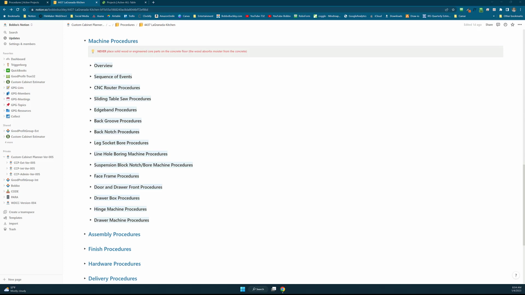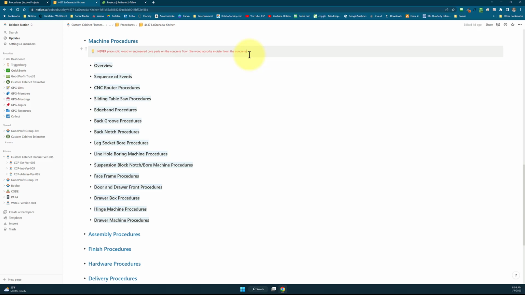Let's begin. So starting in this machine section, we have our tip again about putting plywood on concrete. Again, you can put anything you want here, type any words you want here. It's literally just click in the field, back out this, replace it with something else, change the color, do whatever you want to do. But I think it's of great value to be able to remind our people of something